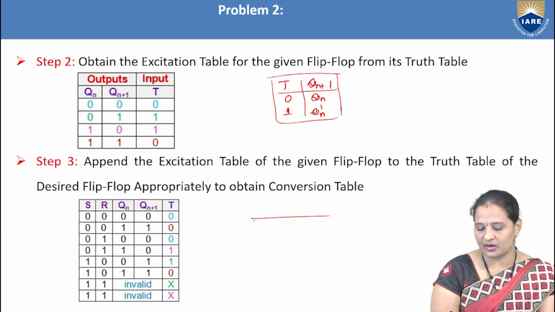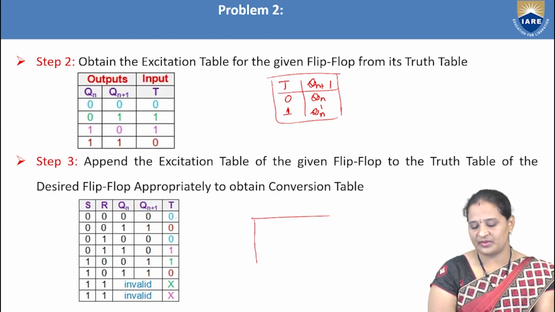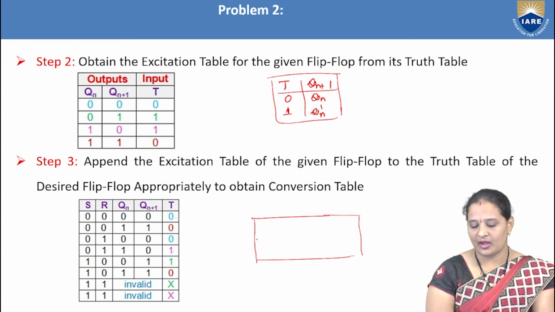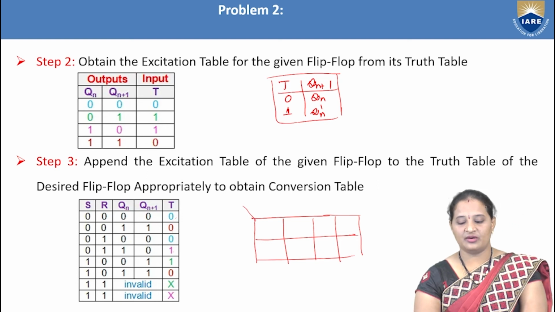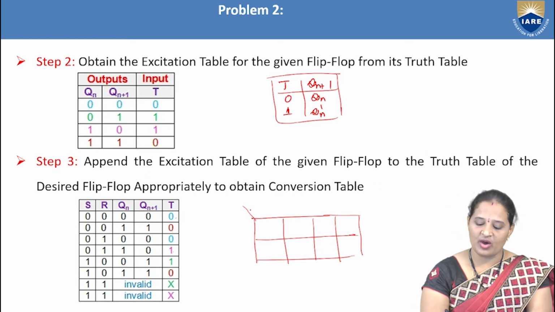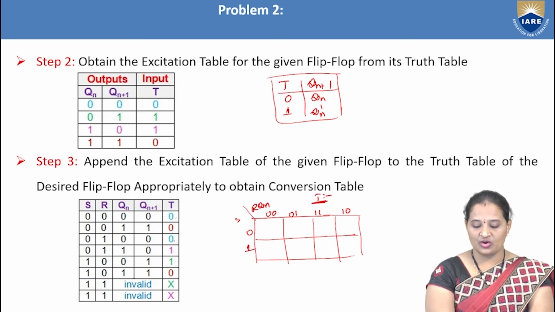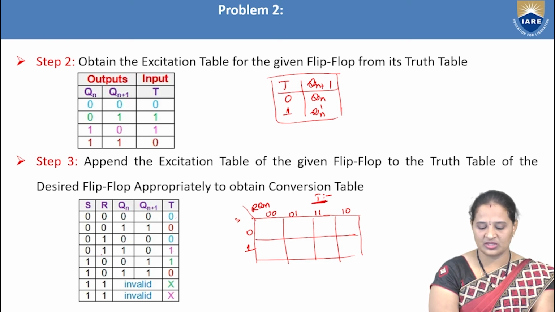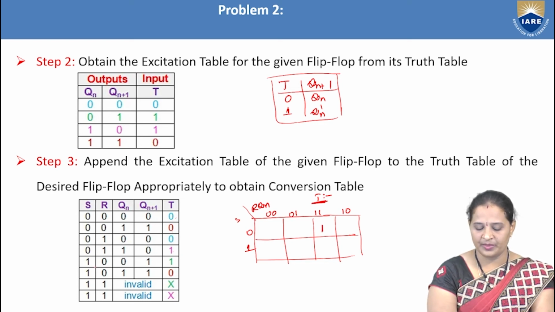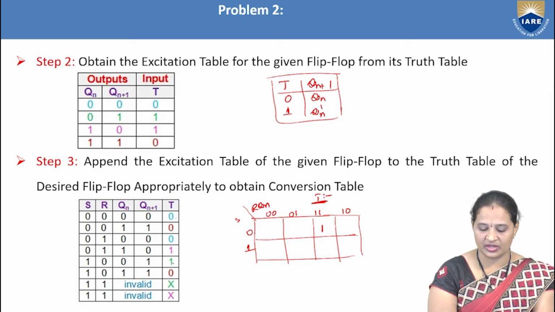So now draw the K-map here. How many variable K-map is required? It is a 3 variable K-map, and only one 3 variable K-map is required, because for our available flip-flop we have only one input. That means it is enough to get the expression for T. So what are the inputs that we have taken? S R, Qn: 0, 0, 0, 1, 1, 1, 1, 0. This is for getting the value of T, right? So now T input is becoming 1 for 0, 1, 1; and 1, 0, 1; and 1, 0, 0 also it is 1.